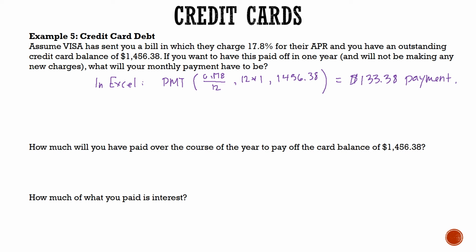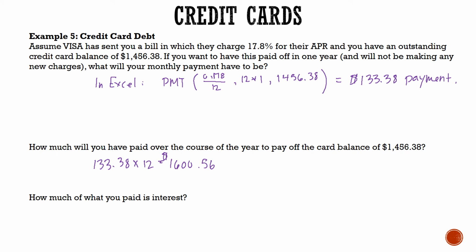Next, we're being asked, how much will you have paid over the course of the year to pay off the card balance of $1,456.38? So we are going to pay $133.38 each month for 12 months, and that's just over 1 year. So we don't have to worry about any more multiplication, and that's going to equal $1,600.56 altogether. So that's how much we've paid over the course of the year to pay off this credit card